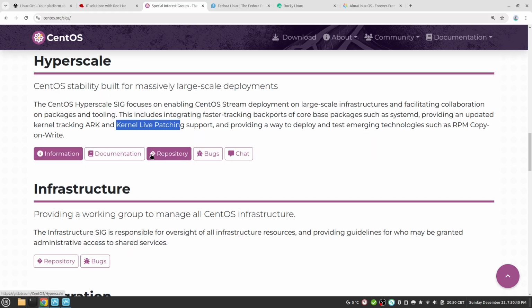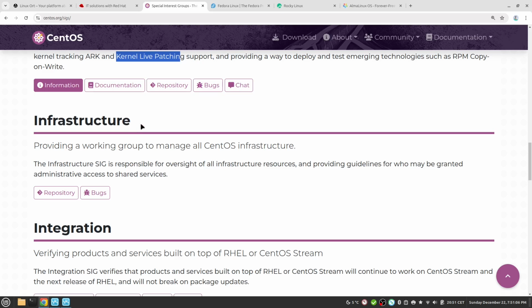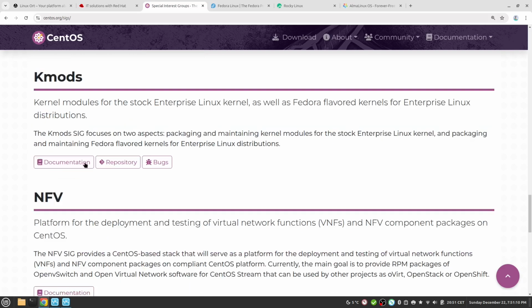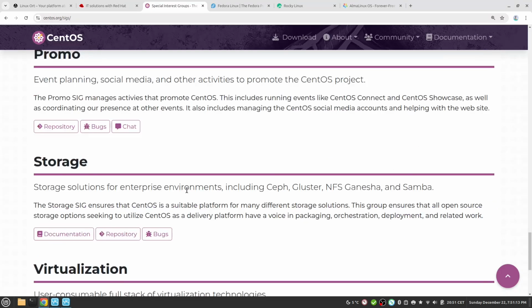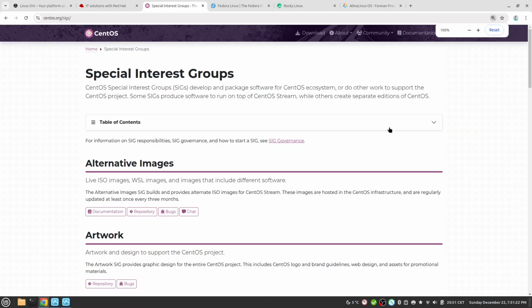So you don't have to restart your running operating system, because on some massively large scale deployments you can't really. Then these topics get a thing at that point. Also, for infrastructure, integration, ISA for new CPU features, and so on, storage, virtualization. There are all different working groups, so-called SIGs, which are developing the Red Hat Enterprise Linux platform towards some special